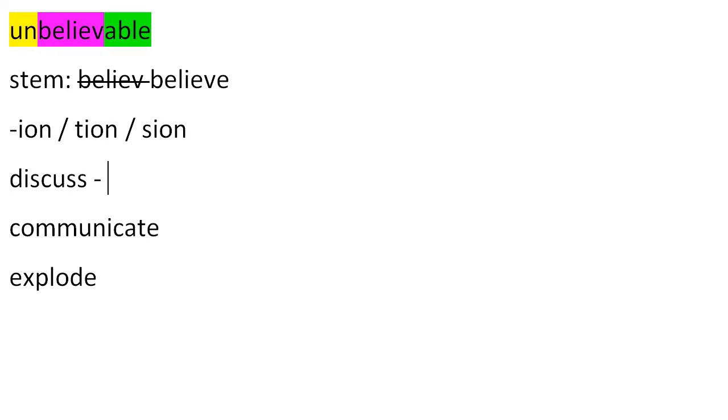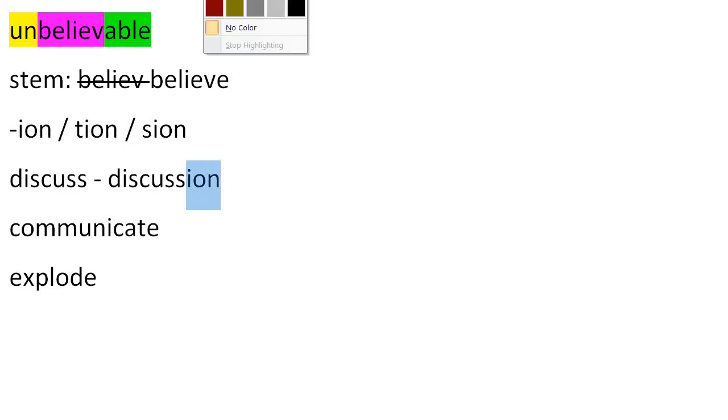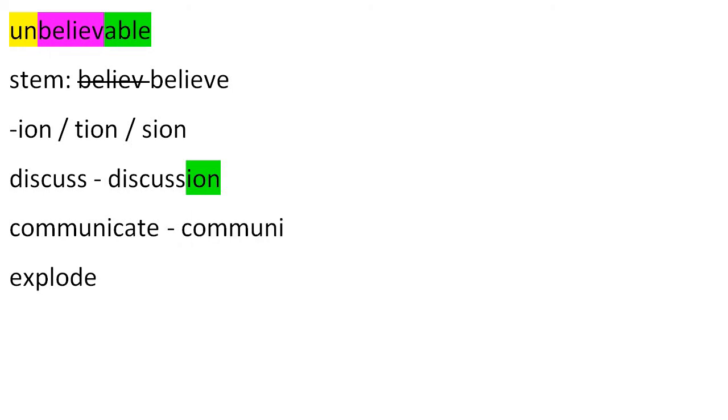Now, with a lot of them, if I want to change discuss from a verb into a noun, it becomes discussion. Right, I just add my suffix over there. All right, but when I get to communicate, it becomes a bit more complicated. If I want to make that into a noun, communication,